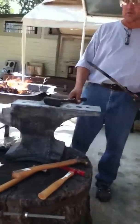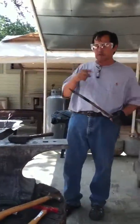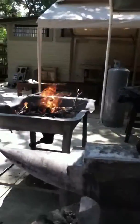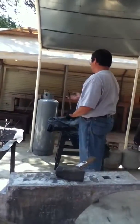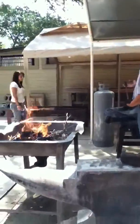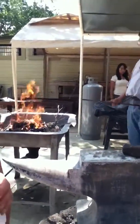Okay, so now probably a little too cool to keep forging or hammer and anvil. So what we're going to do is put it in again. I want to put it in. Actually, what we're going to do is put another one in. Whoa! Whoa! And what I'm going to do